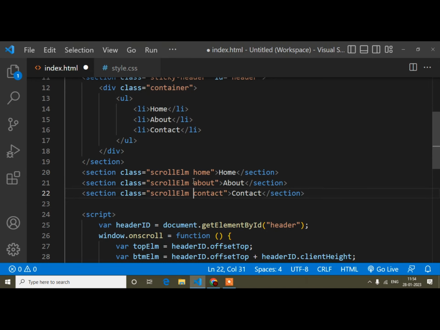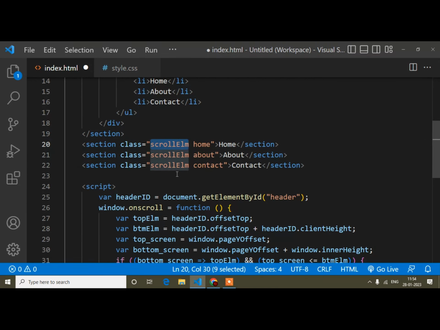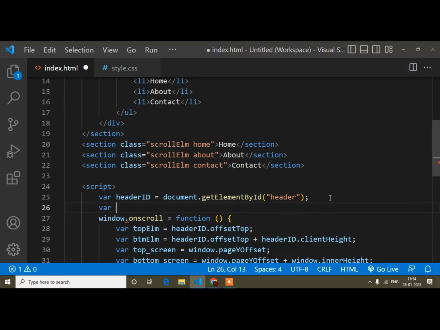Done. Now I have written this scroll element class, but in JavaScript I have to assign this class as a reference. So I will take one variable; the name can be anything. I have used the same name as the class, but you can use a different name like elements or scroll.